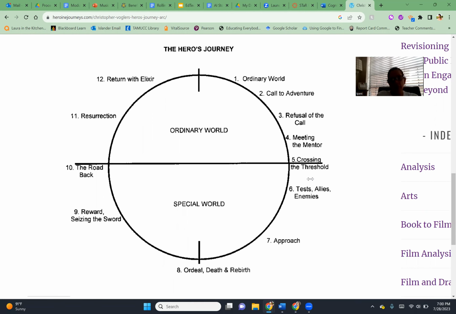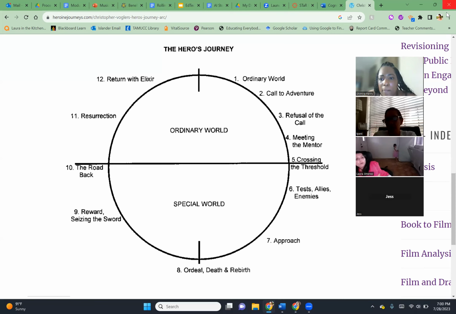Or I can do everybody separate, where everybody has their own hero's journey, which would make it 3 stories, or I can combine everybody's and make it one story. Make it one story, I think so. What do you think, Laura and Jessica? It would be easier if you make it one story, and it would be interesting because you would have all 3 subjects. Okay, I'll make it one story.